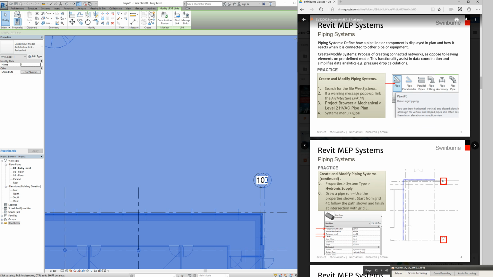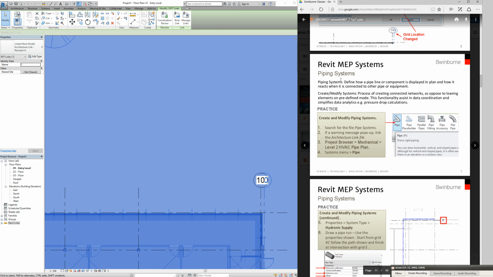So the next part of the MEP is piping systems. I'm not going to read all this. I'm not going to explain all this at the top because the file might get too big. So I invite you to read through this data. I'm just going straight through the